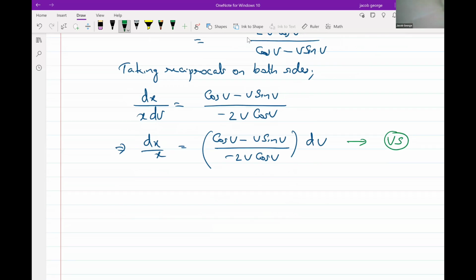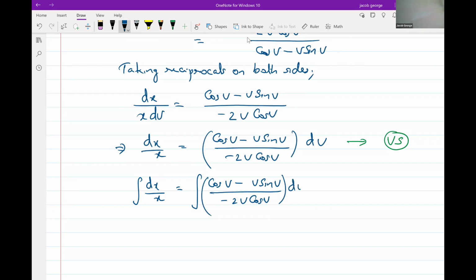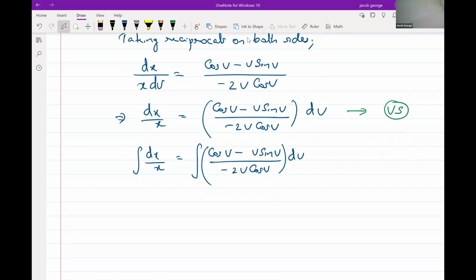Now taking integral dx by x is equal to integral cos v minus v sin v upon minus 2v cos v dv. Like this, we can do the integral. Integral of dx by x is 1 by x dx. What is 1 by x integral? Log mod x, right? Log mod x is equal to, here by term-wise division,